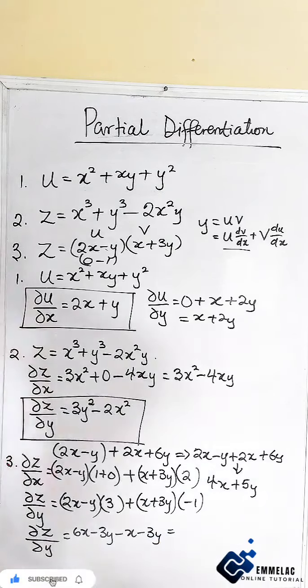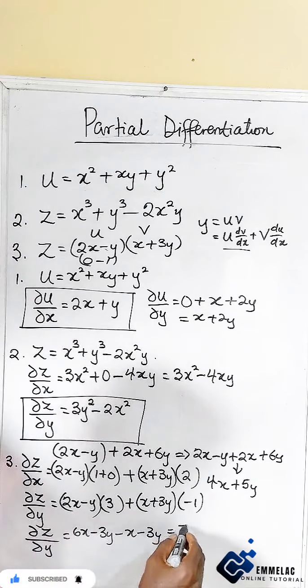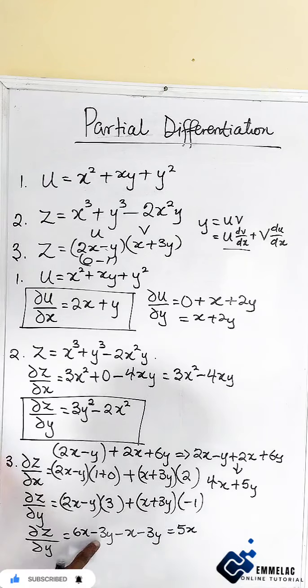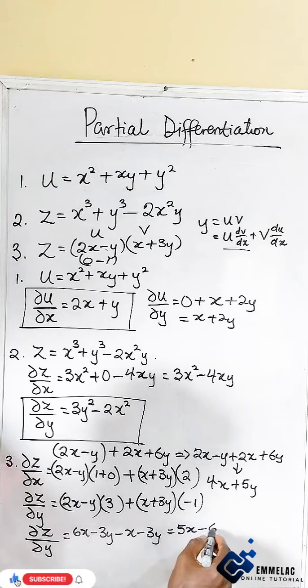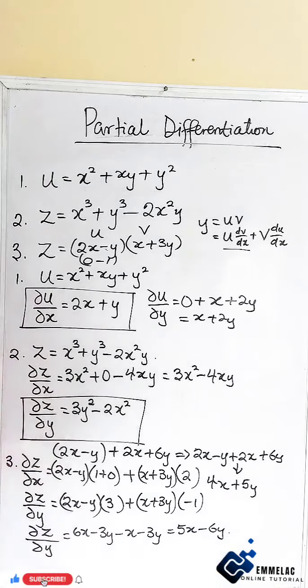Now collecting like terms here, 6x minus x will give us 5x, then minus 3y minus 3y will give us minus 6y. This is all we just need to know, which is the basics of partial